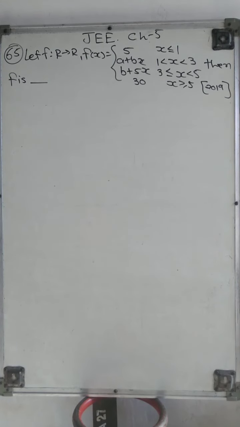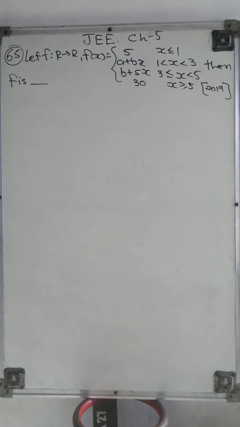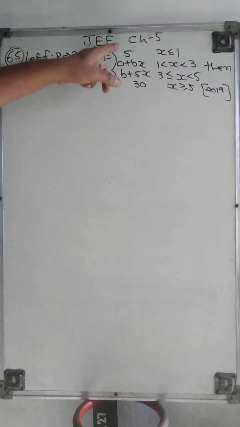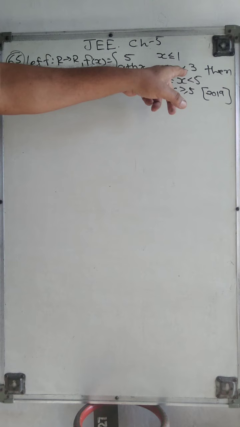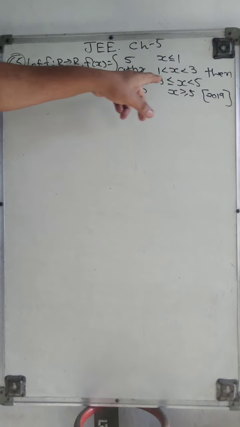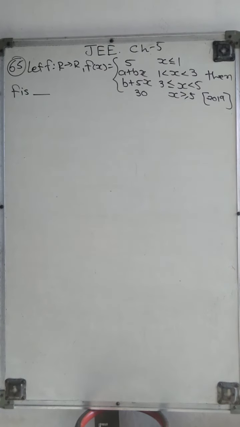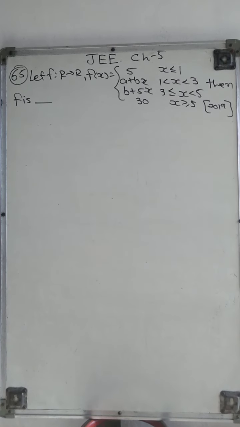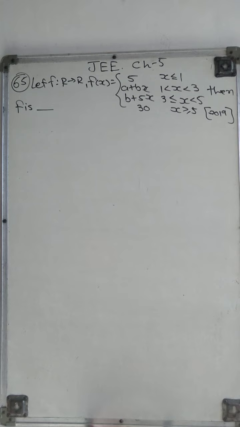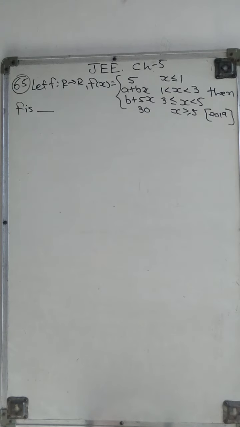Okay, 65. Let f from R to R, f(x) equal to 5, x less than or equal to 1; a plus bx, 1 less than x less than 3; b plus 5x, 3 less than or equal to x less than 5; and 30 where x is greater than or equal to 5. Then f is dash. Means we want to check or verify the continuity of the function and find a and b, right? So here first of all f is